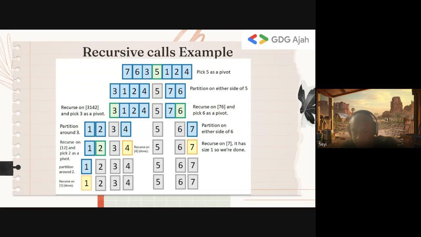But I'll sum it up as this: if you always randomize your pivots, if you always pick a random value, you have a very high probability of getting n log n.